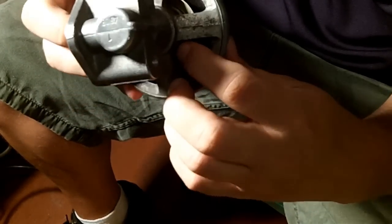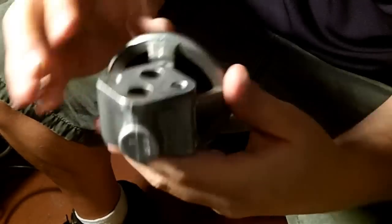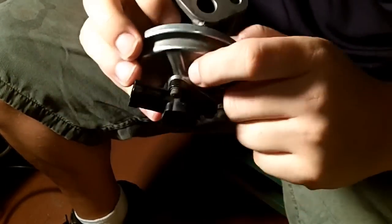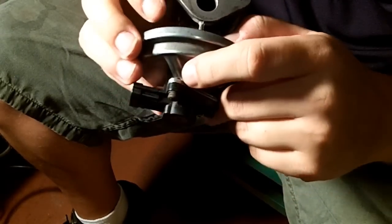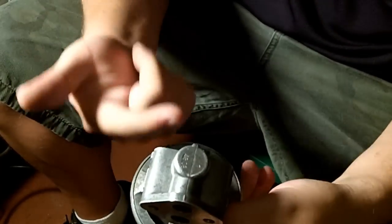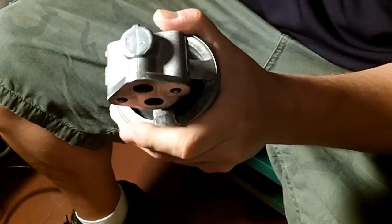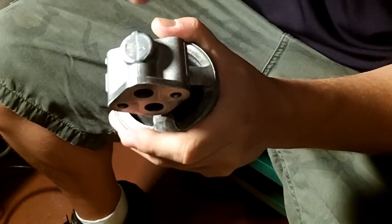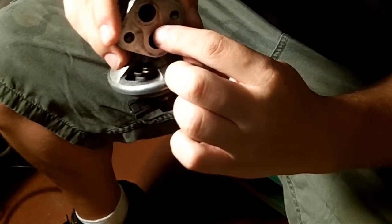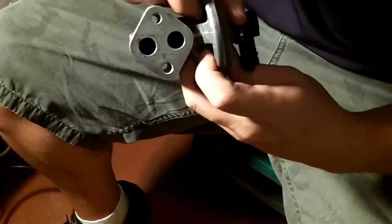You want to make sure that that diaphragm moves up and down smoothly. If not, clean it. There is what's known as a piston inside of here attached to that diaphragm. There's a shaft running directly through the middle of here, and there's a stopper on the end, and it stops about halfway right here. So when you depress this diaphragm,